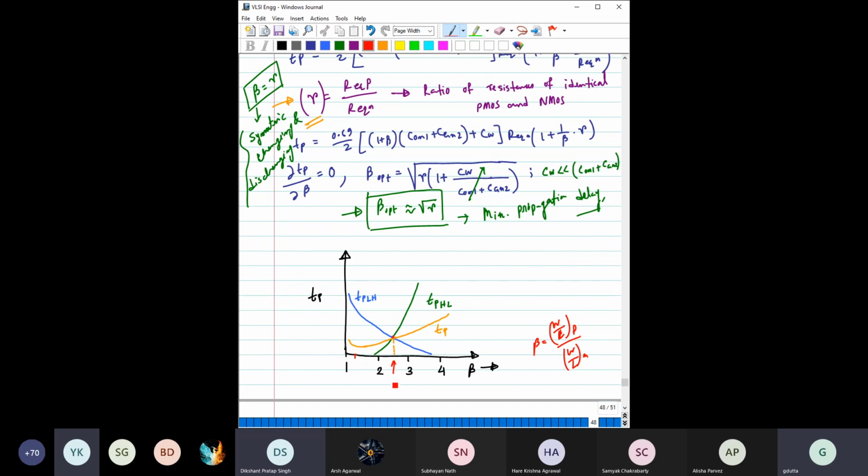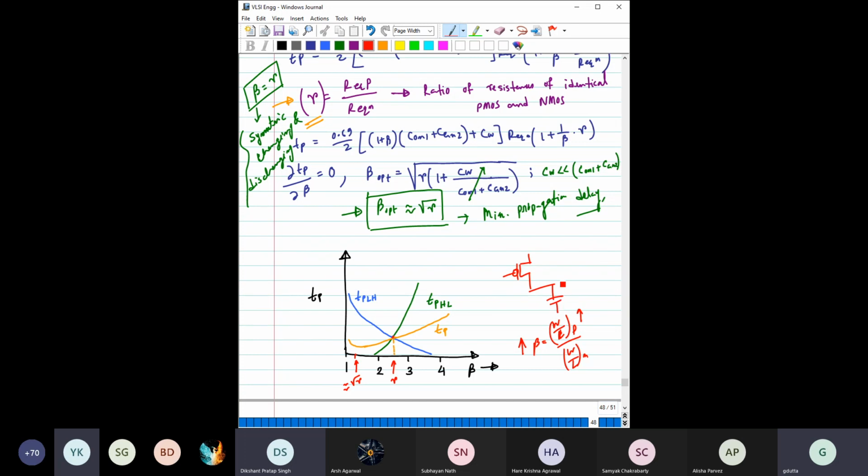If you consider this as R, then from simulation you will find this value would be near about root over of R. So here the propagation delay would be minimum. Now one important thing is that as you are increasing the value of beta, you are basically increasing the PMOS width. So when you are increasing the PMOS width, you are basically increasing this,